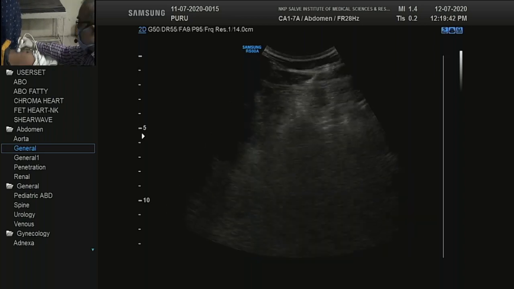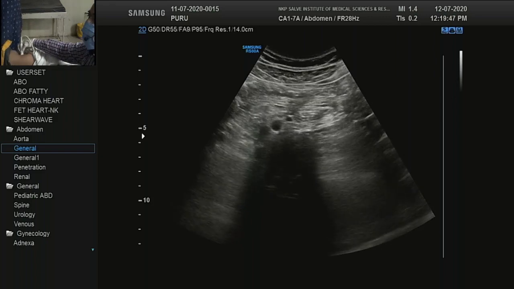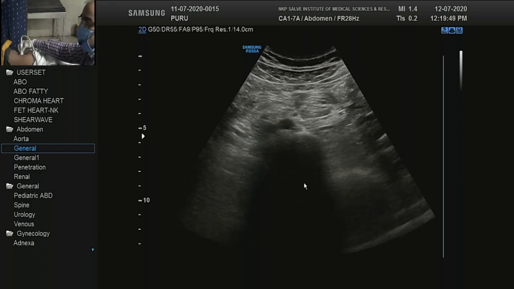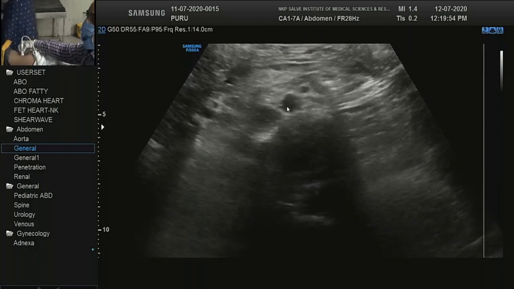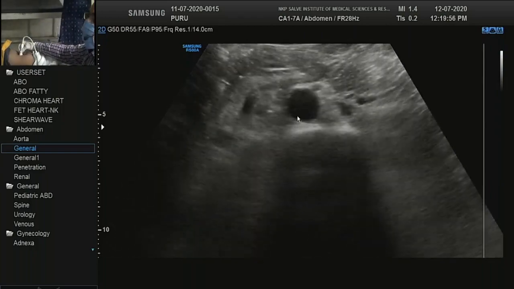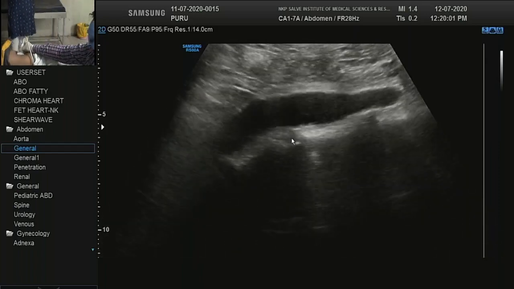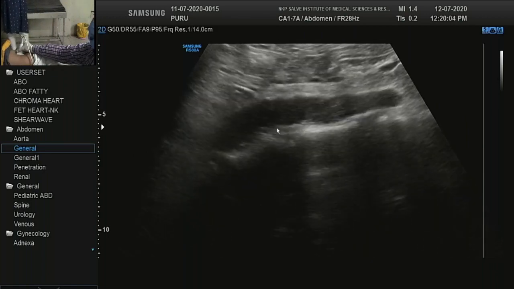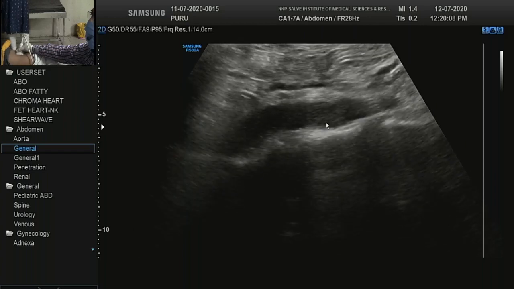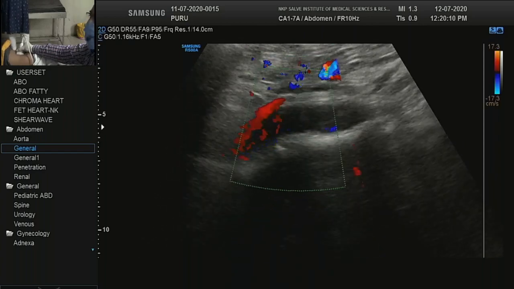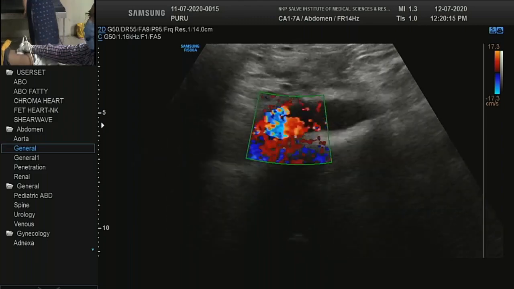And from here, so this is the aorta, infrarenal aorta, and that is the bifurcation. You can see here, this is the bifurcation into common iliac on both sides. So I'll make a transverse view, and you can see the clean aorta. In a hefty patient you may not see the lumen characteristics, so indirectly you can estimate by doing color and spectral analysis whether there is a significant lesion or not.